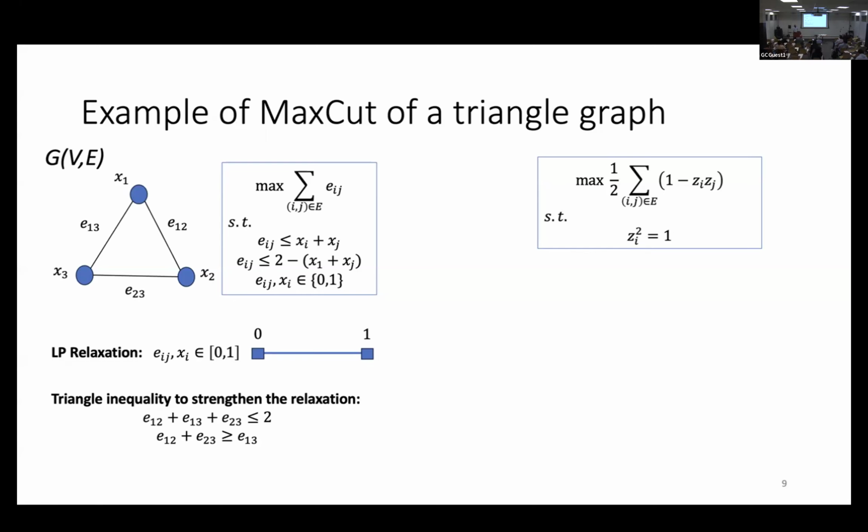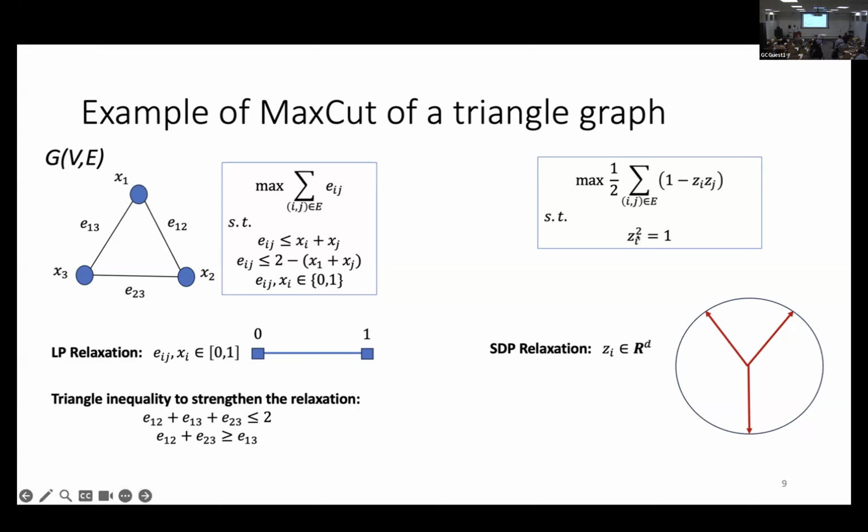Now here comes the interesting part. One way of doing this, instead of this linear programming relaxation, is to consider this variable not as 1-dimensional but lift it to a higher dimension, let's say 2-dimensional. So you represent each node of the graph as a 2-dimensional vector on a unit circle, because you have the condition that the norm should be 1. So this optimization problem means that you try to assign 3 points on a unit circle as far apart as possible. You can think of it as placing them in locations that are 120 degrees apart, right? That's the solution to this optimization problem when you assign each node as a vector